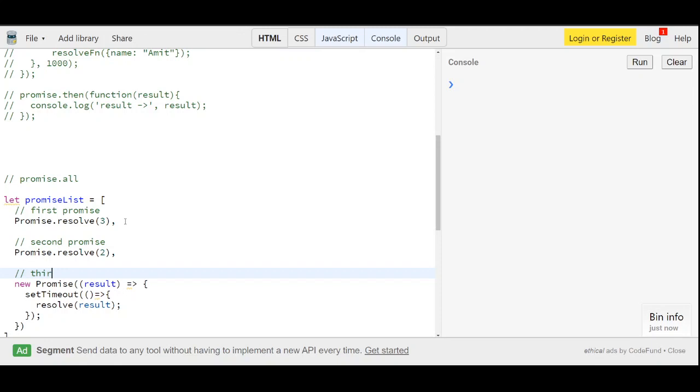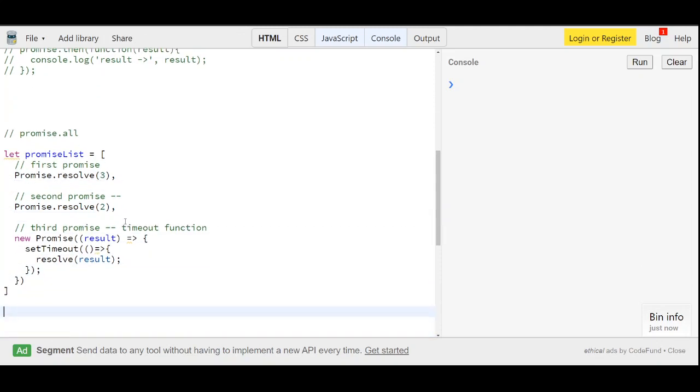The third promise is basically a timeout function, and the second promise is basically just resolving that promise. Always remember that these methods will return a promise, right? So what I'm saying is this array will hold three promises. Do you want to see this? I'll show it to you. Promise list. It will have three promises.